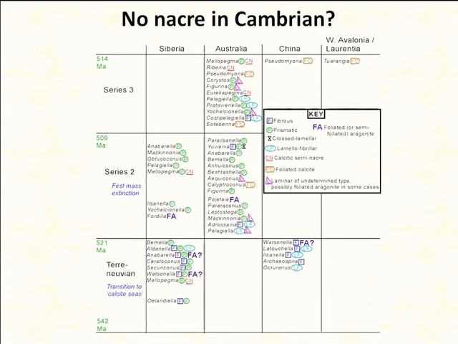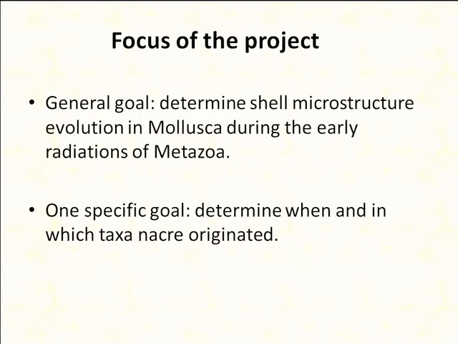And this is consistent with other recent studies which show fine-scale differences in both the structure as well as the composition of nacre within the different groups of mollusks that have it. So everything was coming together. It seemed to be pointing in the same direction. So our particular research